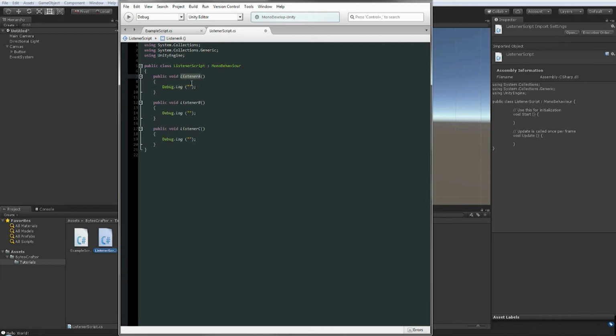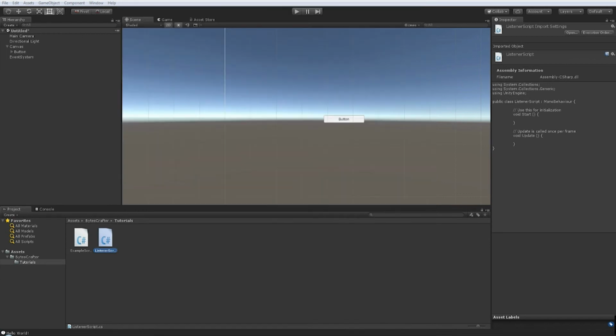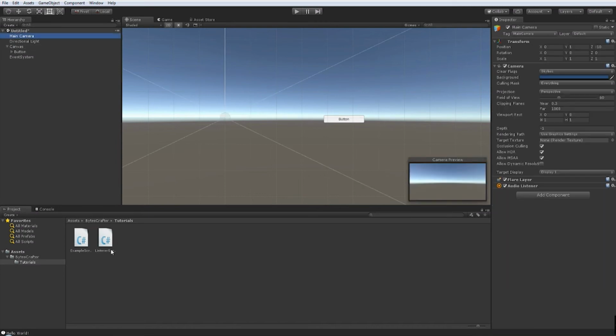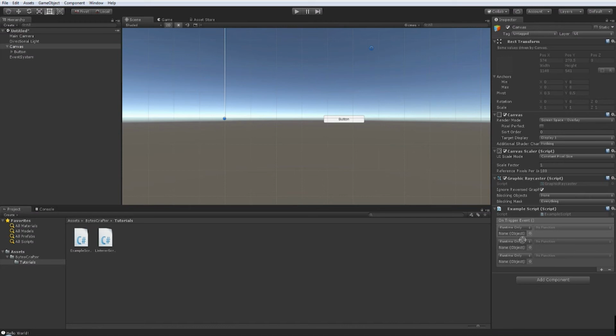We're just checking what void we are calling on the current event. So we'll now save and go back to Unity and wait for Unity to load the script. Now we could attach this on the listener script or on another object, for example the camera. Now we can drag the camera